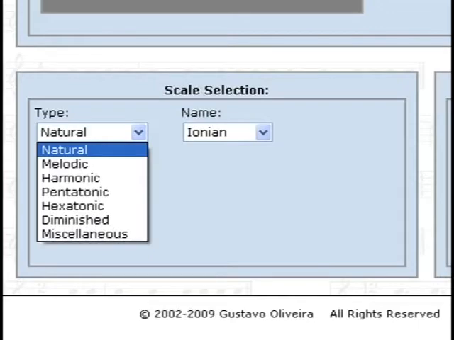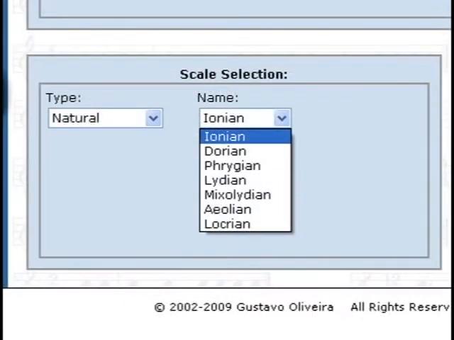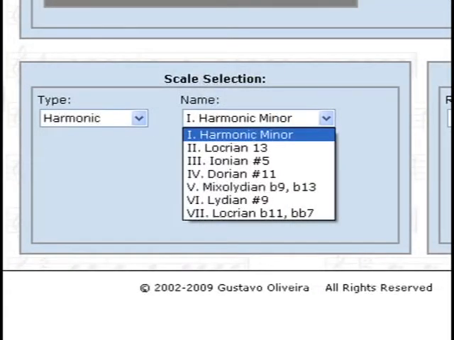Each type will have one or more sub-options noted by name. For example, if you pick natural as the type, you have to choose between the 7 modes we've been talking about. Another example would be the harmonic minor scale. And then in this case, the IVT will give you the 7 modes that derive from the harmonic minor scale,